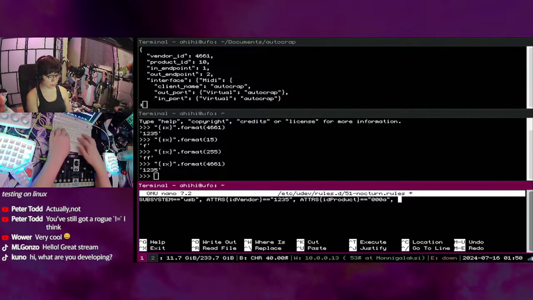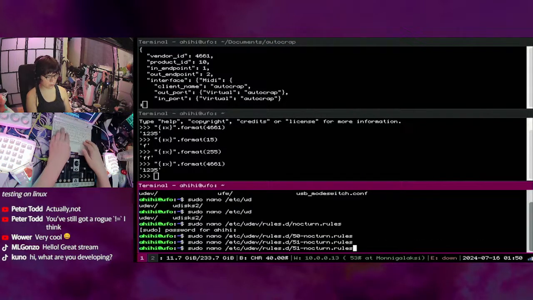And then we just have to set the mode. So that shall be 666, so everyone can read and write. Okay, then we can save and run